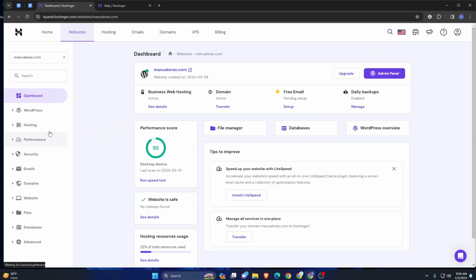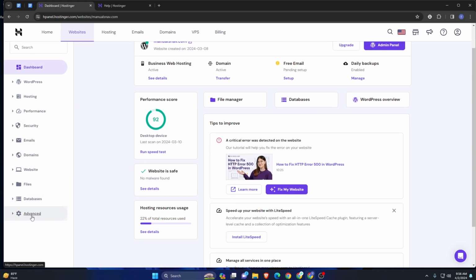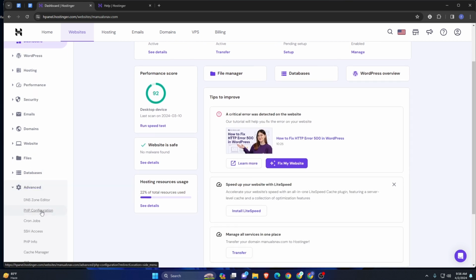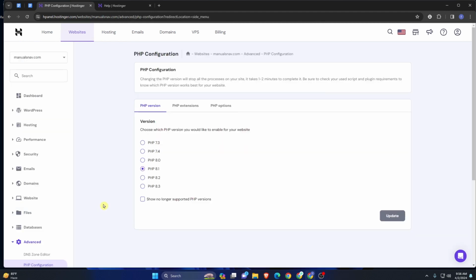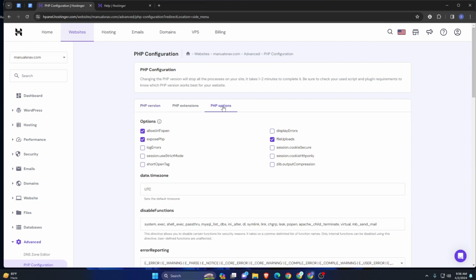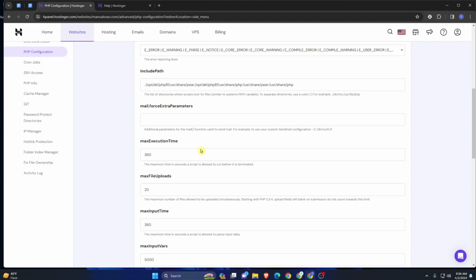and on the left panel here you can see menu items. Scroll down, click on advanced and then go to PHP configuration. Now here you can see three options: PHP version, PHP extension and PHP options. So we need to go to our PHP options. Click on this and scroll down and scroll down,